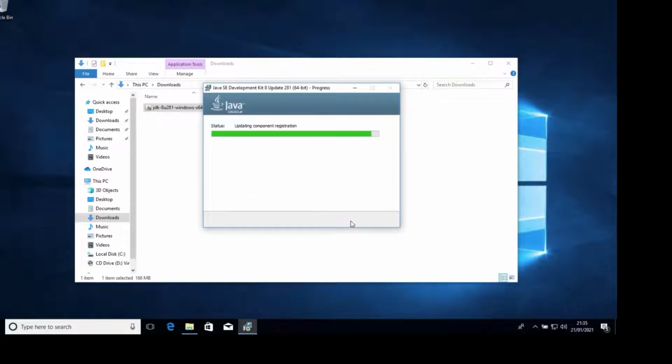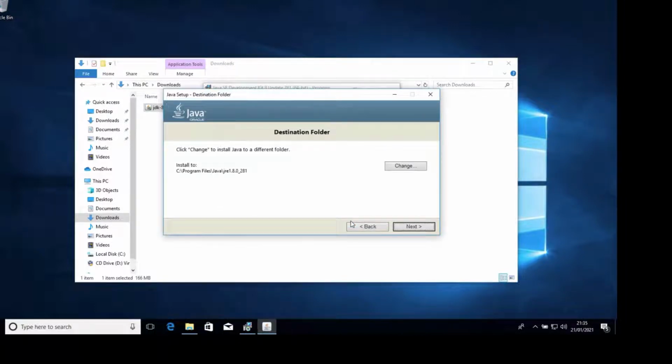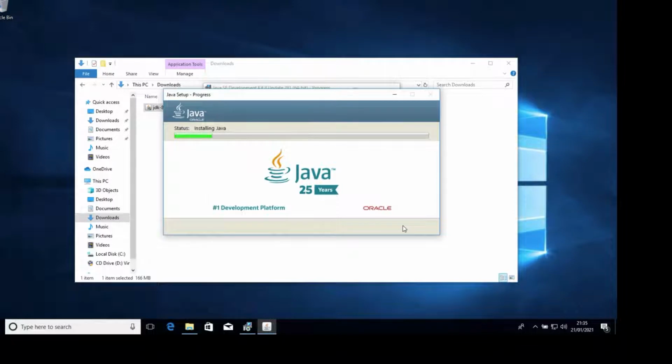And then we can see it's just installing. It's pretty quick, to be honest. Copying the new files across. At this point here, it's offering to install the JRE for us as well, so you can just click next to that also. And it's just going to run through that part of the installation procedure as well. Again, it's pretty quick. You can see here that Java's been going for 25 years as well, so it's a really stable and rich platform to work on, which is why it's so popular.